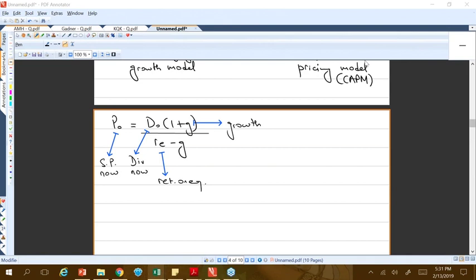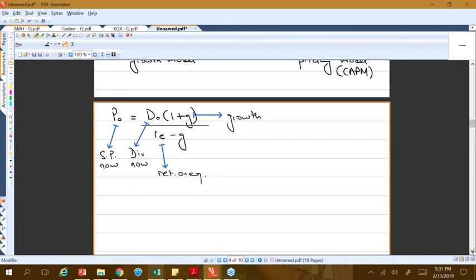Now, what we need to see here is this RE. This RE, return on equity, is from the investor's perspective. But I can also say that it is the cost of equity, which is from the business's perspective, the cost on equity or the cost for equity, cost for debt or cost on equity. So RE and KE are exactly the same things. If you look at it from the investor's perspective, it's a return. If you look at it from the business's perspective, it's a cost. The investor will get a return for providing finance, and the business will incur the cost for raising finance.